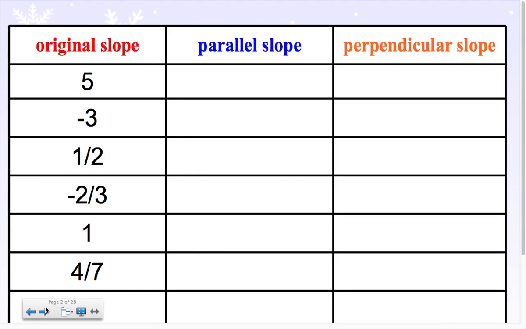In front of you, you have a grid. Using this grid, we're going to figure out what the slopes would be for a line parallel and perpendicular to the given line. If I have a slope of 5, a line parallel to it is going to be the same. So the line parallel to a line with a slope of 5 is also going to be a 5. Perpendicular, if I flip and change,